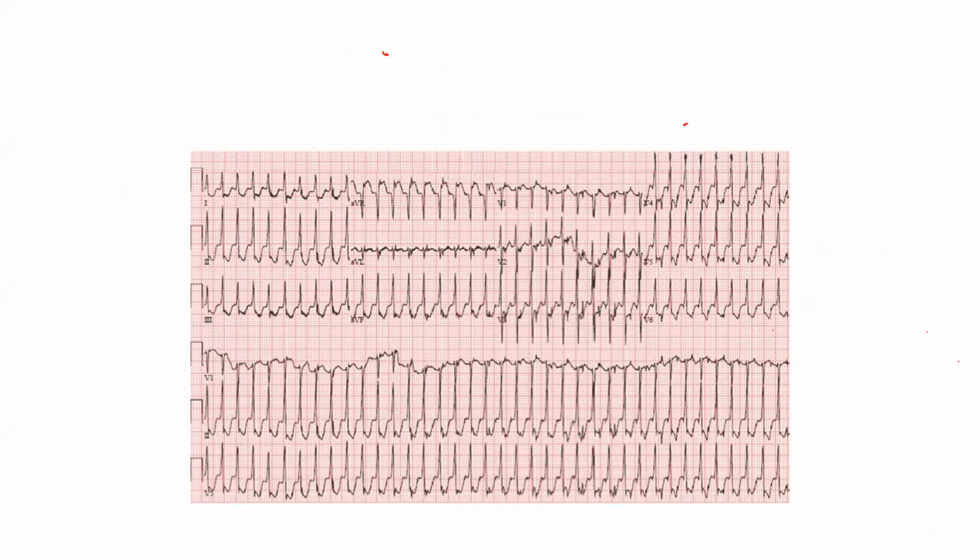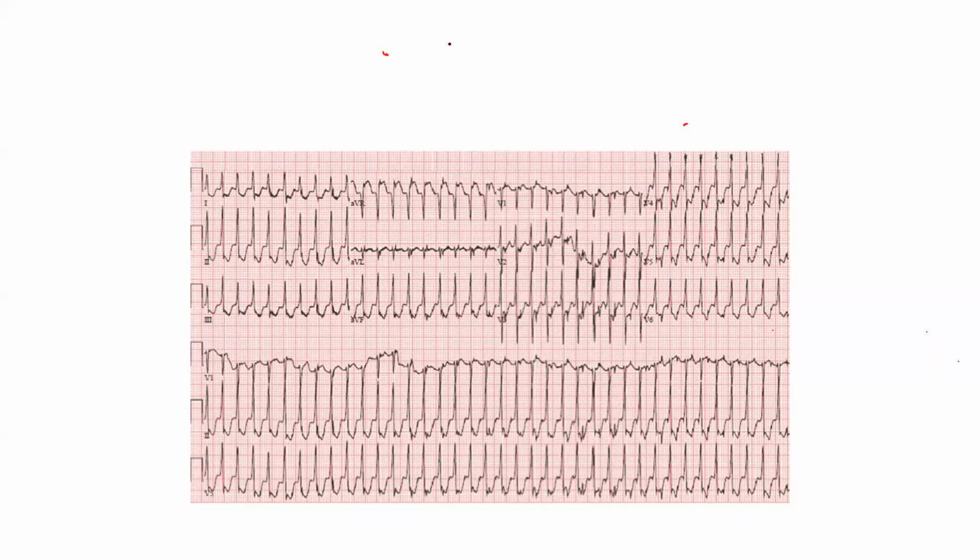Okay. Now what is the next part in the rhythm? Wide or narrow. Okay. Now is it a narrow QRS or wide QRS here? The QRS complex is less than 0.08 seconds, sir. It's very narrow. Okay, if it is narrow, what is the next question you have to ask? Sir, is the rhythm regular or irregular? Sir, it's regular.